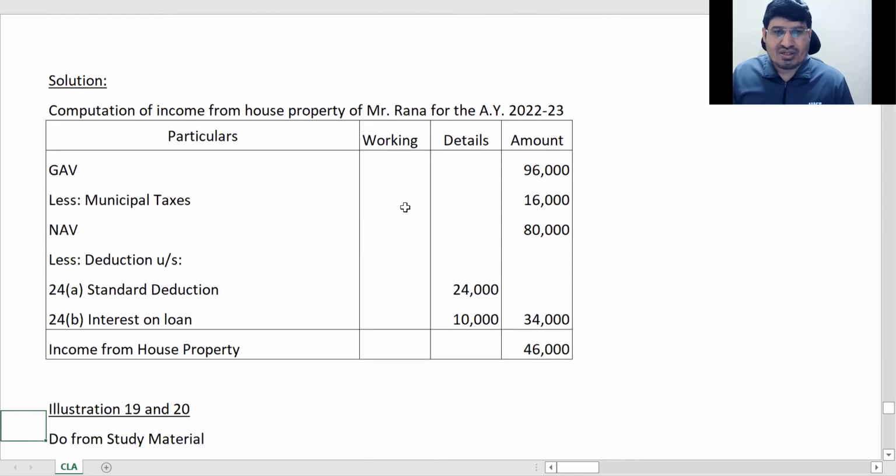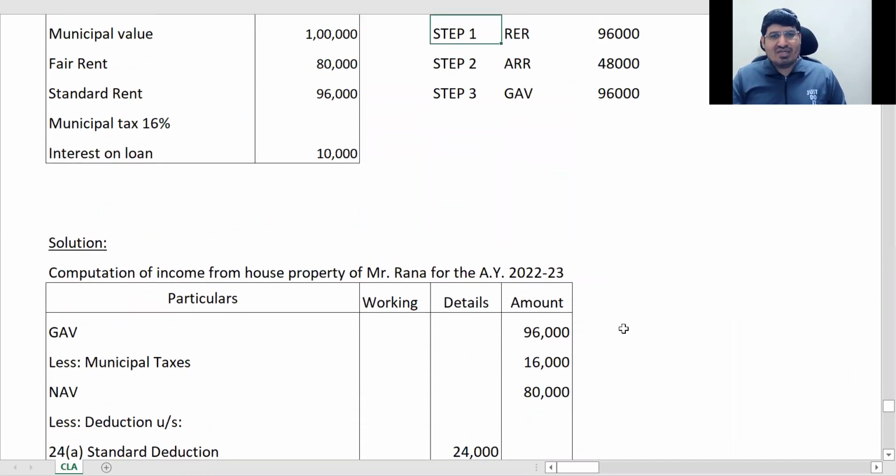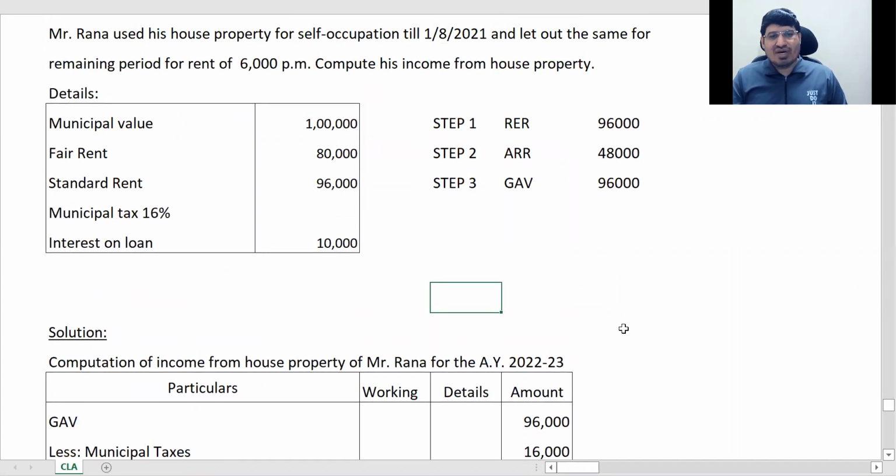ओके, तो ये 96,000 लेस 16,000, ये 80,000 हो गया, ठीक है। बाद में स्टैंडर्ड डिडक्शन यू विल टेक 30%, और इंटरेस्ट ऑन लोन जो दिया है वैसे का वैसे आप डाल दो। इनकम फ्रॉम हाउस प्रॉपर्टी विल बी 46,000, ठीक है। बस इसमें यही चीज आपको देखना है। जस्ट टेक इट एज वन हाउस, ठीक है। टाइम वाइज डिवीजन में टेक इट एज वन हाउस ही है एक्चुअली, ओके। एंड टेक इट एज फुल्ली लेट आउट।